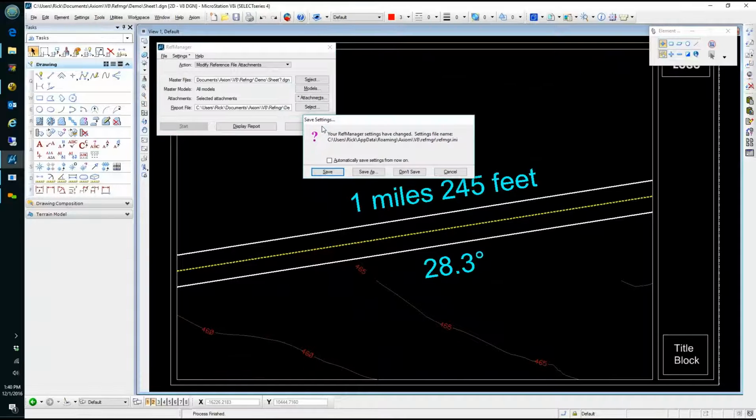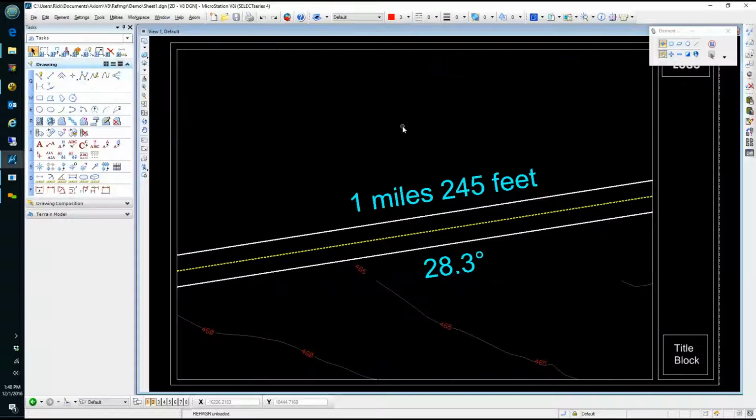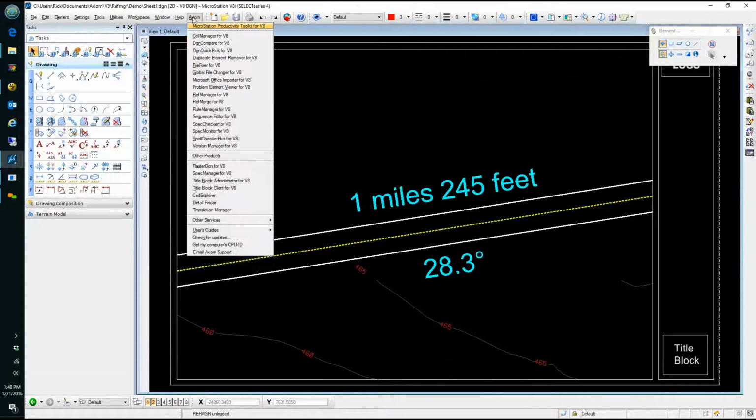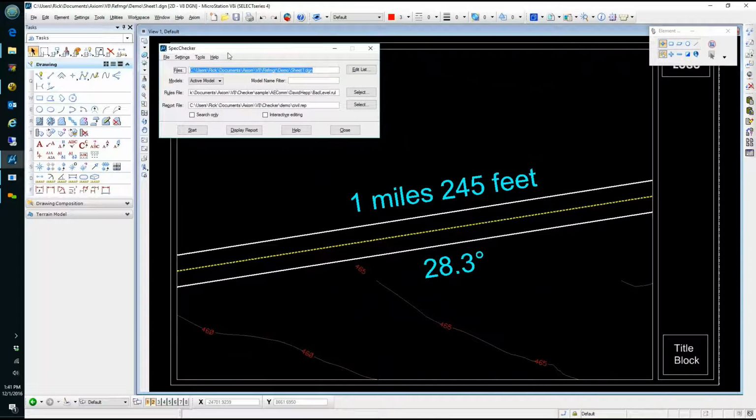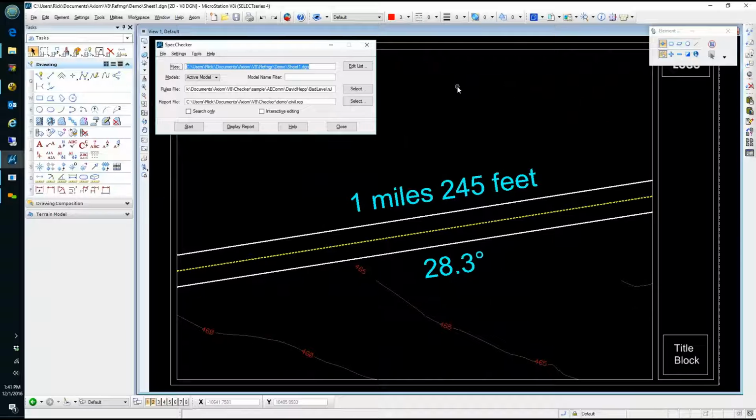Another tool that's available to you from Axiom that gets used all the time is one we call SpecChecker. Now, I don't remember if you knew anything about EDG back in the old days, but SpecChecker, in addition to giving you the capability of managing design files, or checking standards on design files, gives you tremendous capability in editing and accessing hard-to-reach elements